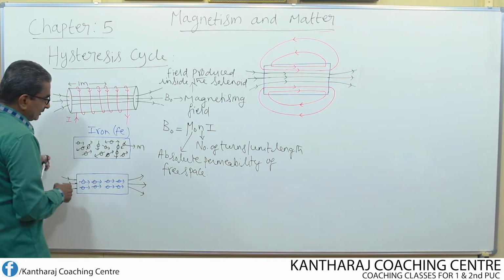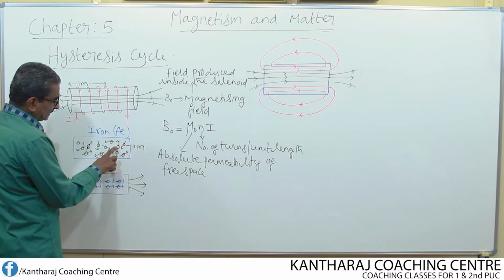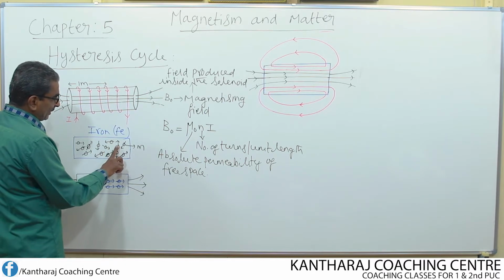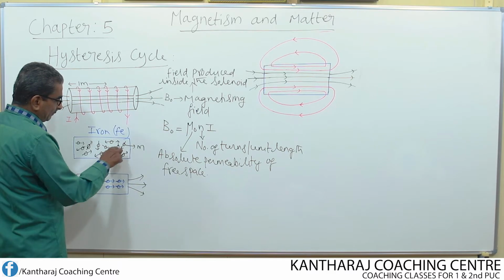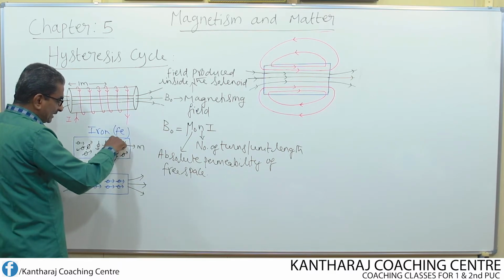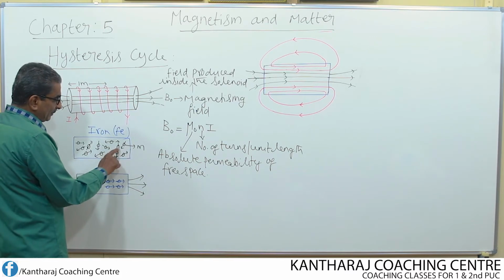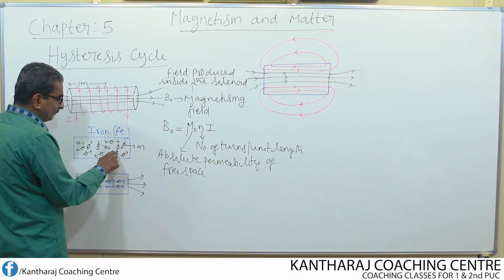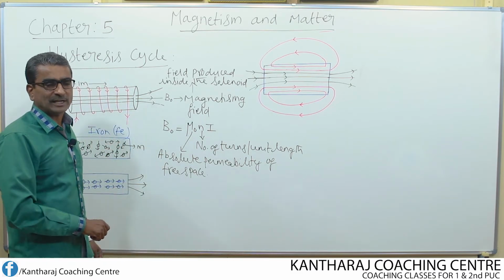Let us observe how. Suppose I consider this magnetic dipole. The direction of the magnetic dipole moment is like this, whereas for this magnetic dipole, the magnetic dipole moment direction is entirely opposite. The direction of the dipole moment for this is upwards, whereas for this it is downward. Therefore, the dipole moments of these two dipoles get cancelled because of opposite direction.